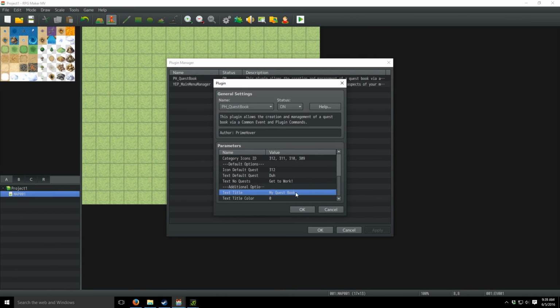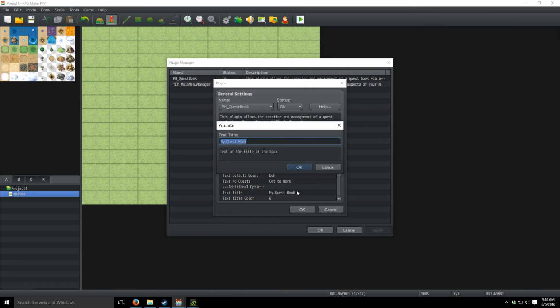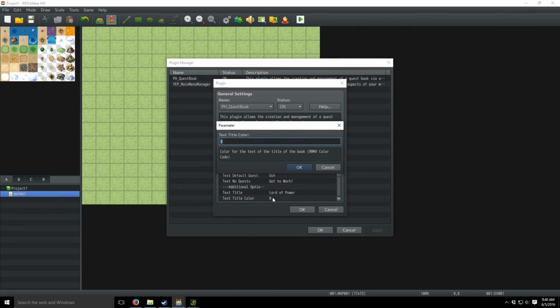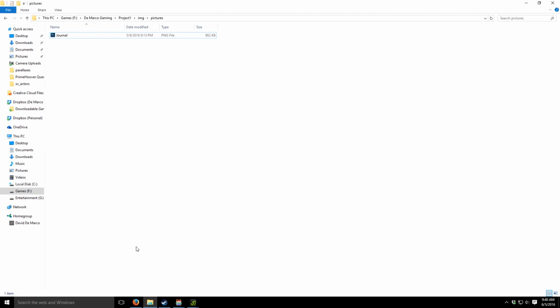Alright. So this is that title that you saw over it, and it said My Quest Book. Very bland, very boring. Call it whatever you want, Lord of Power. Okay. So this will appear in your menu. Now this is the color. This has to do with the RMMV color code. For those of you that don't know, just really quick,